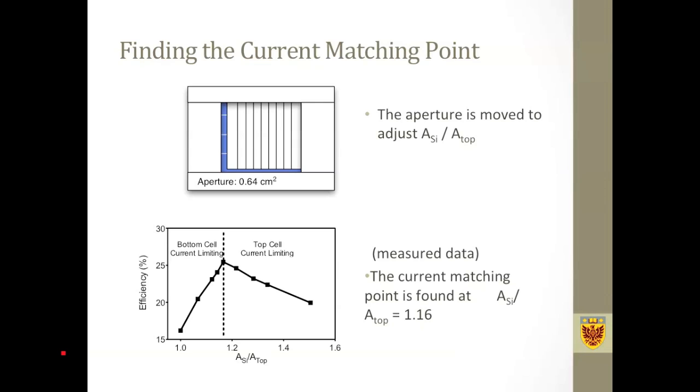Experimentally, it's fairly easy to apply this areal current matching technique. For example, you can use a fixed size aperture and move this aperture around on the cell to adjust the area ratio between the bottom cell and the top cell. This figure is measured data from one of the cells that we fabricated. It shows that as the area ratio changes, the efficiency changes in a fashion similar to the theoretically calculated values. And we found in this particular cell, we only need a slight extra silicon area to reach